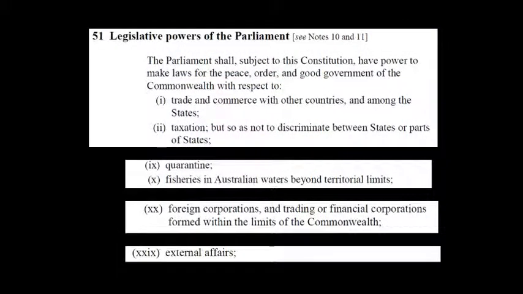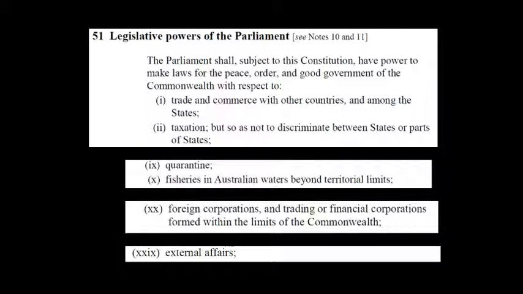As I mentioned, we have a written constitution. Section 51 sets out federal powers for our national or federal government, and section 51(29), so down here, all the Constitution says is the Commonwealth Government shall have power to make laws for the peace, order and good government of the Commonwealth with respect to external affairs. So it was ambiguous what that meant. But our Constitution was written in